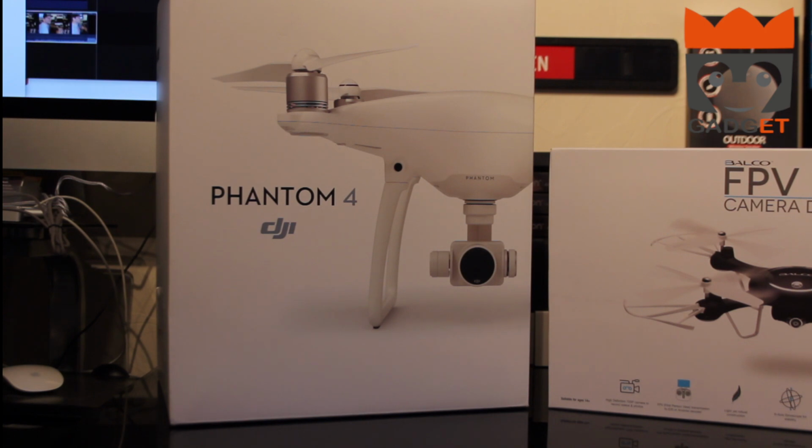It has satellite systems, GPS, GLONASS, obstacle sensory range 2 to 49 feet, gimbal control range minus 90 to plus 30 pitch, camera sensor half to 3 inch, lens 94 inch, ISO range 100 to 3200, max image size 4000 to 3000, max video size 4096 times 2160, max video bitrate 60 megabytes per second, file systems FAT32, exFAT, photo formats JPEG and DNG, video formats MP4, MOV, MPEG,